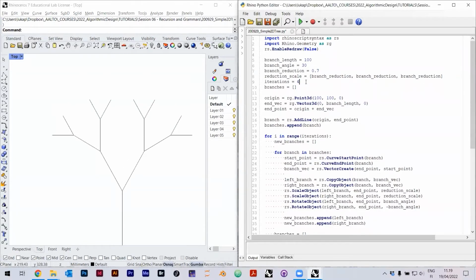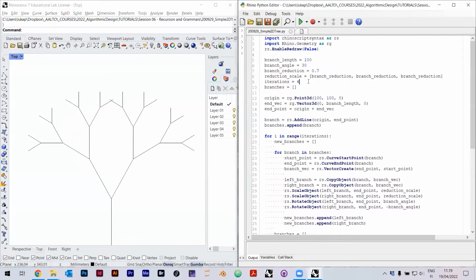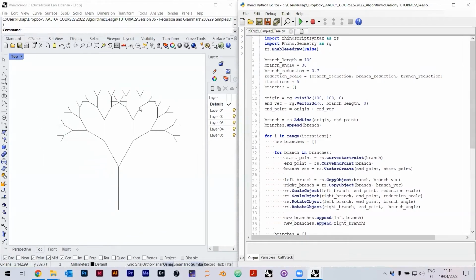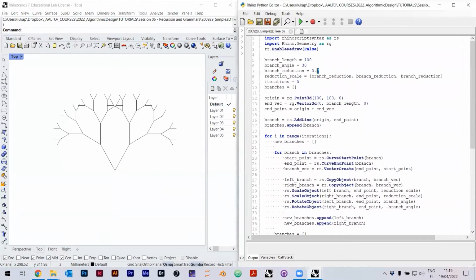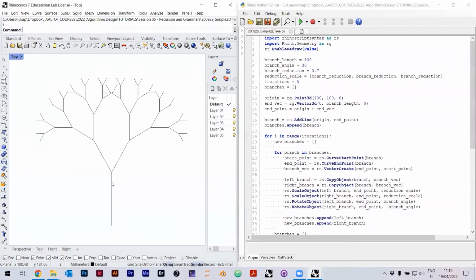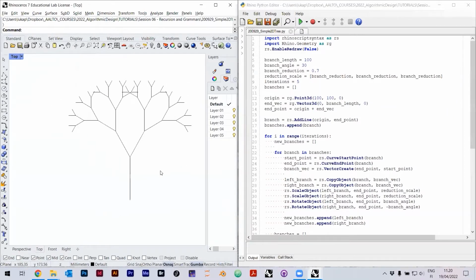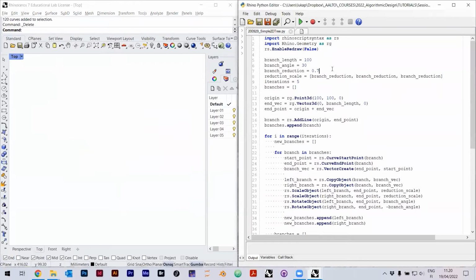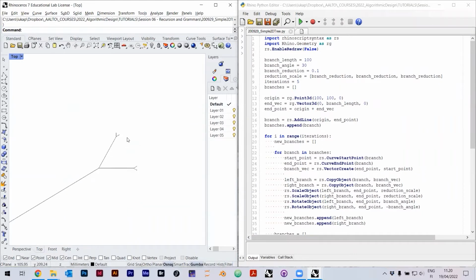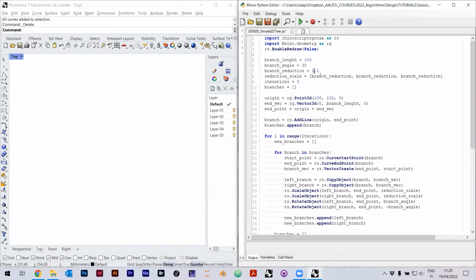and continues. Okay, I'll show you here in this simplest example because it's easy to see. There's a reduction factor, 0.7. So that's the difference between the length of this line and every second branch. Also, when we branch, we are reducing the size of the branch, so reducing the length of the branch, and this is done by this factor. This we can also change. If I change this to, for example, 0.1, we are getting a very, very small branch. So this is obviously not realistic,